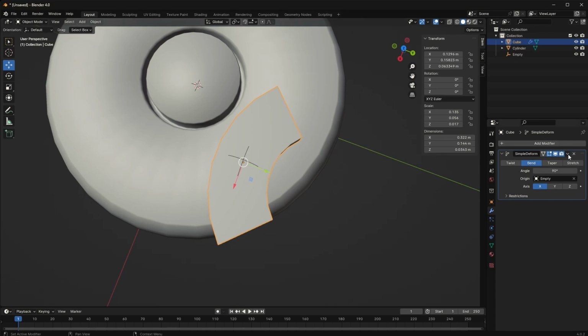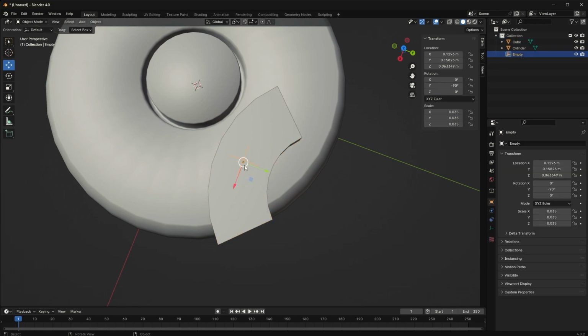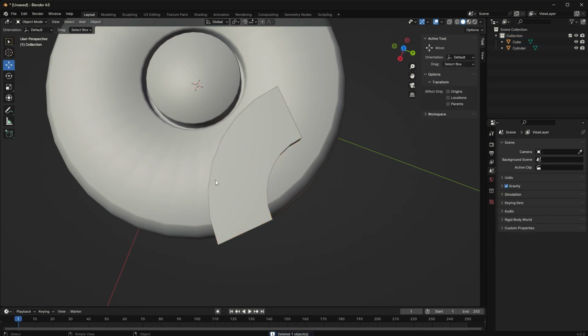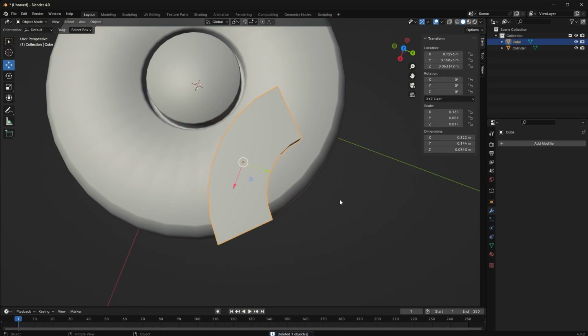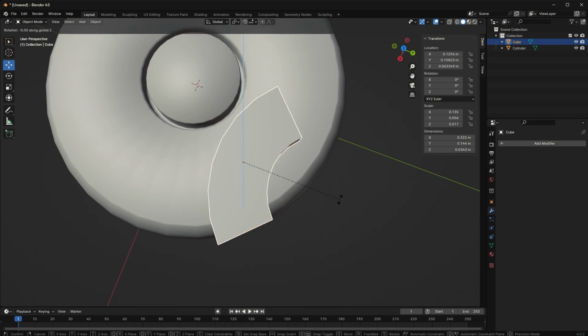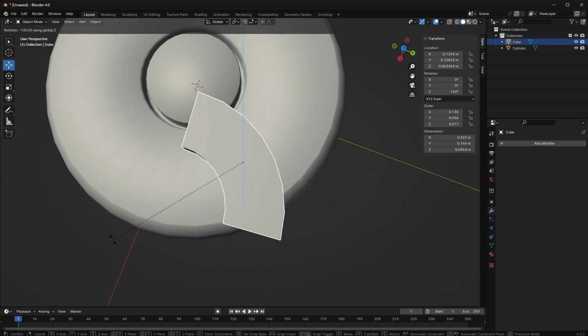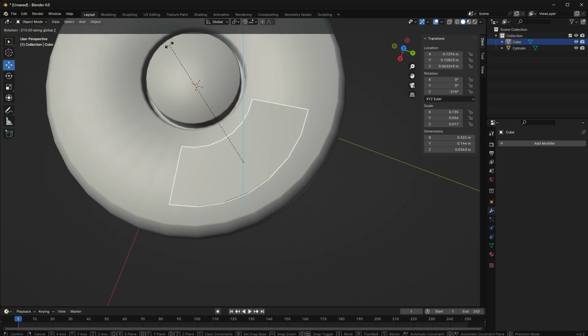We're going to drop down over here in the modifier and hit apply, and that will bake the modifier in place. And I'm deleting my empty. I no longer need that. And I'm going to rotate this on the Z, and I'm going to hit control to be able to lock it to degrees here. You can see up on the top, you just want this to rotate